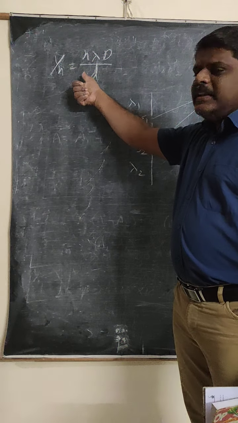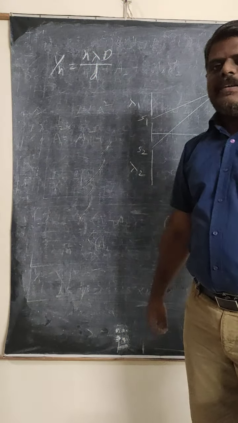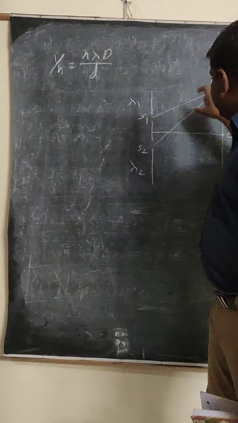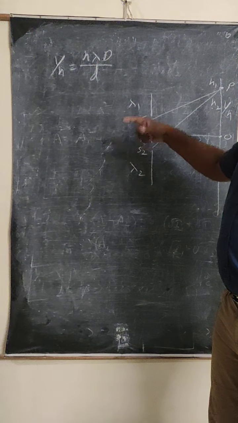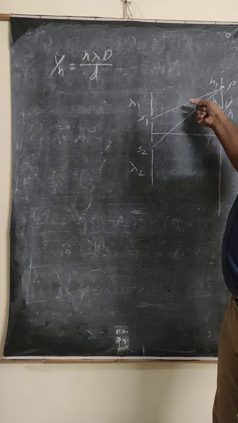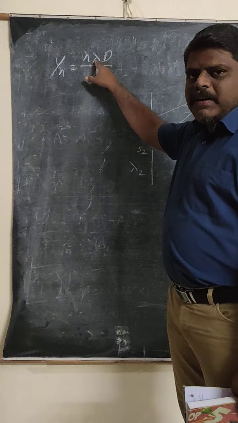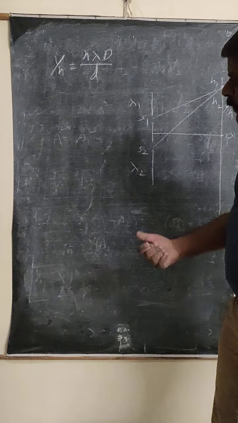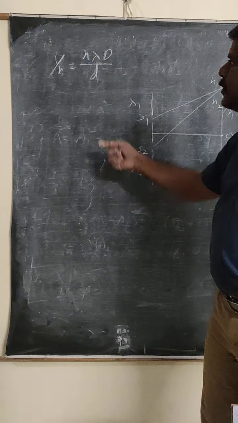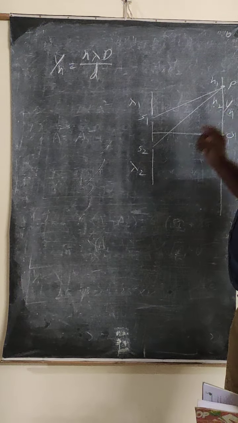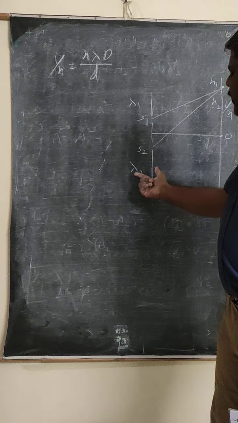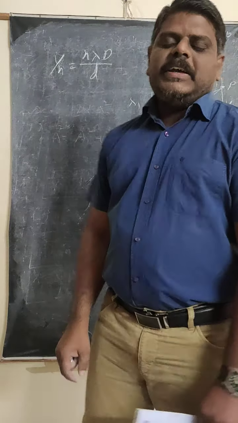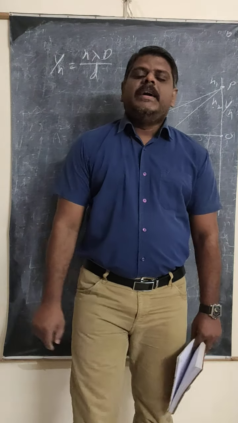So while substituting in the formula, you have to take any one wavelength. For example, if you take the first wavelength to find the yn value, because the yn value is constant for both wavelengths, what is the difference here? n1 and n2 change. That's why if you take lambda 1, you have to take n1. If you take the second wavelength, lambda 2, then you have to take n2. Whether you use lambda 2 n2 or lambda 1 n1, in both cases you get the same answer. This is a very important point to remember in this problem.